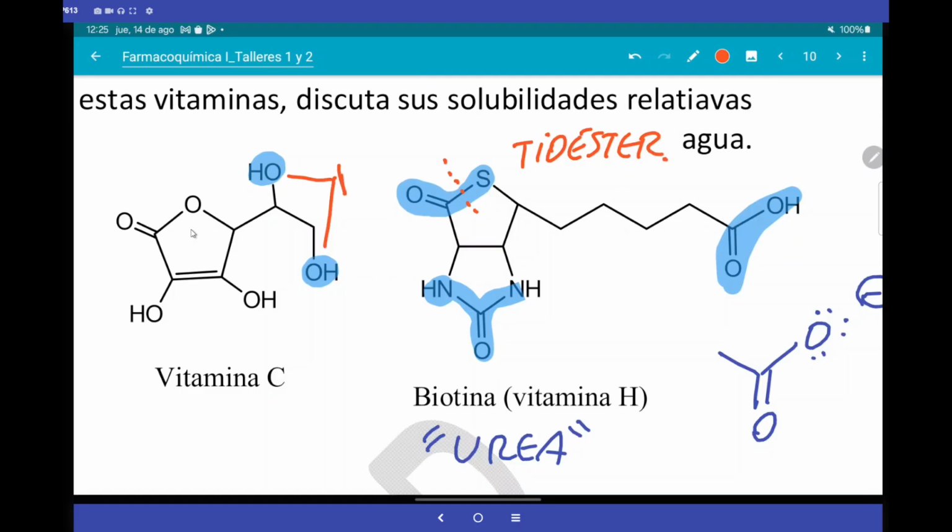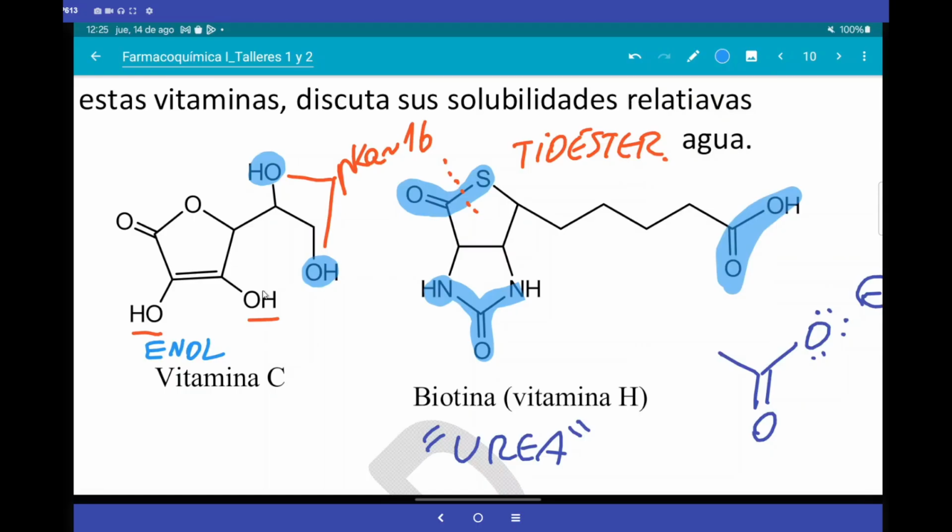I advance the concept with which we go deeper into the next block: pKa. The next class we are also going to do calculations with that, and I am going to explain it. Two hydroxyls do not release the proton, never, not true. But look here, a double bond with alcohol is called an enol. They are two enols, or a double enol as you want to call it, because it is a double bond that has hydroxyl and hydroxyl, and it turns out that of the two, one of them is more acid. The question is, which is more acid?